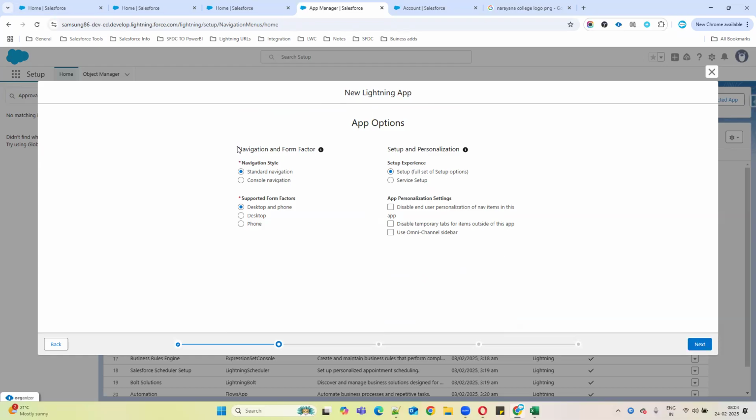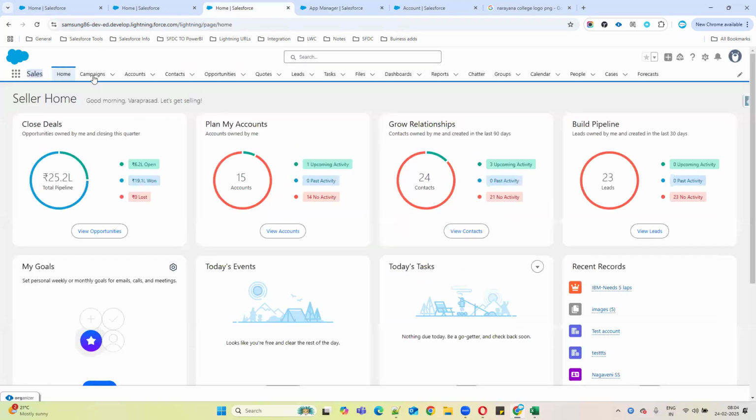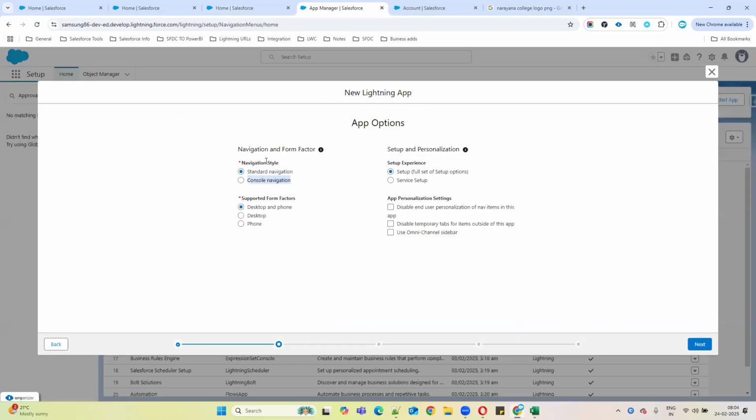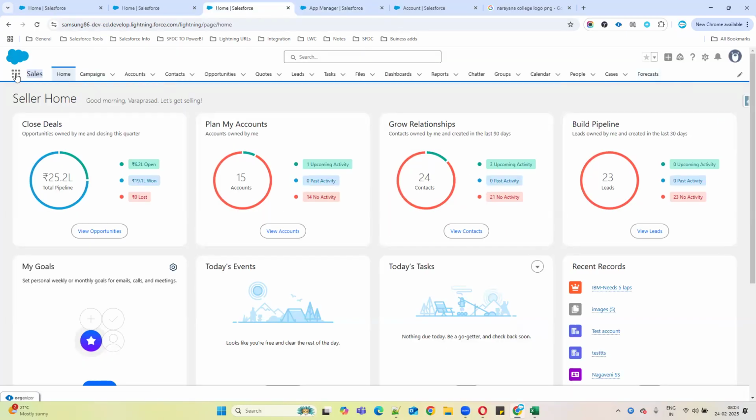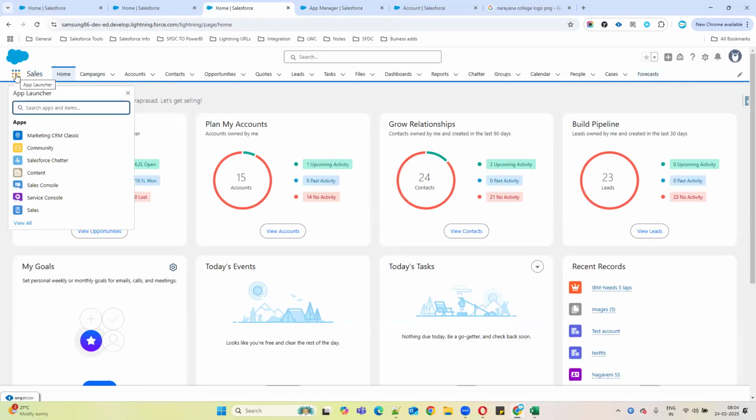So here you can see navigation options. In Salesforce we mainly have two navigations. One is the standard navigation, the other is console navigation. Whatever you are seeing here is called standard navigation. Standard navigation means we can see tabs one by one like this, side by side. What is the other one? Console navigation. If you open any console application,